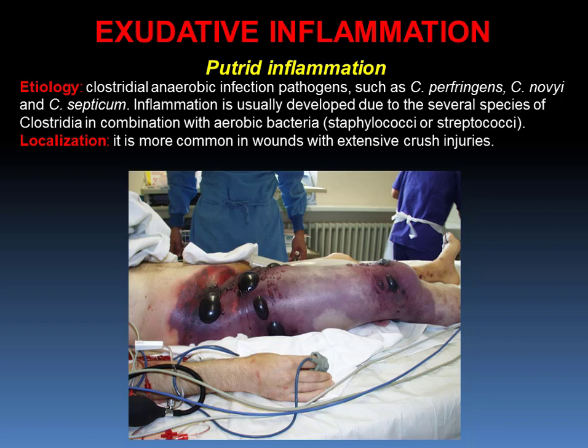Macroscopically, we can see that wound edges are cyanotic, they are swollen, and subcutaneous fat is pale. Sometimes we can see necrotic muscles which have a blackish color and are infiltrated by gas bubbles. Due to the presence of gas bubbles, we can hear a specific crepitation sound during palpation. A very unpleasant smell is present due to accumulation of this variant of gas.